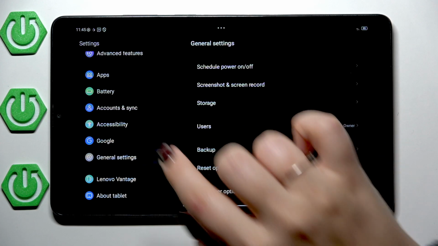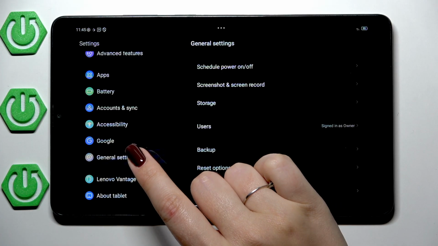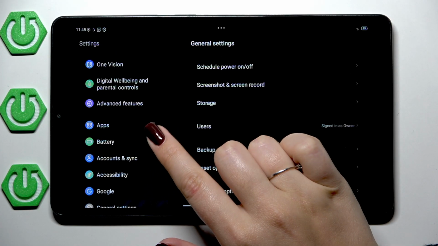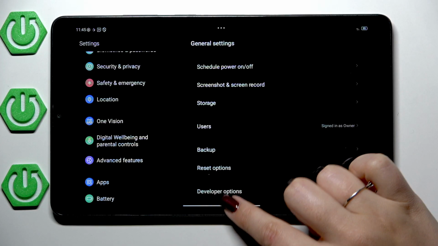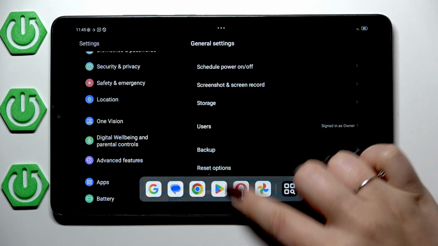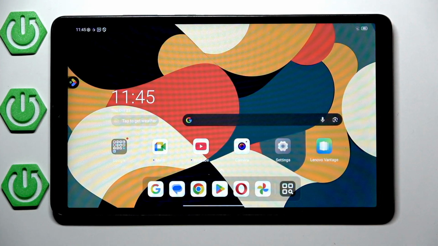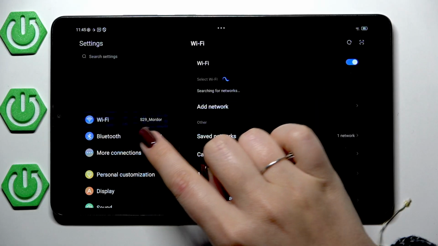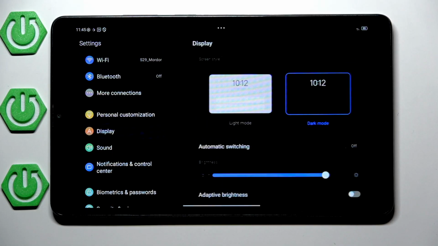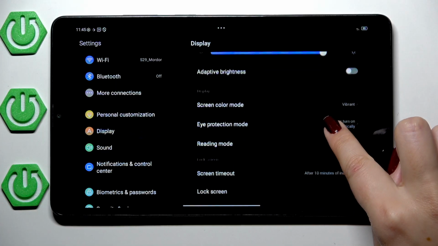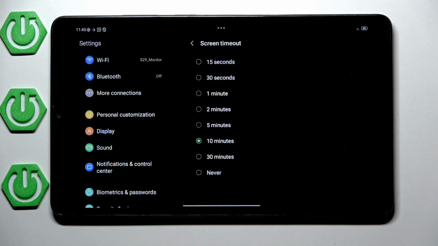Now we can go back and let's check it in the display options. Before we do that, I would like to turn off the settings completely from the background apps, simply to refresh everything. So let's open the settings again. Here let's scroll and find the display, scroll down again and go to the screen timeout,